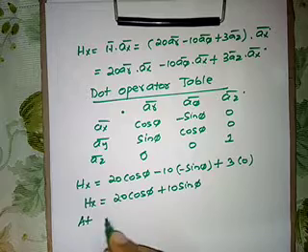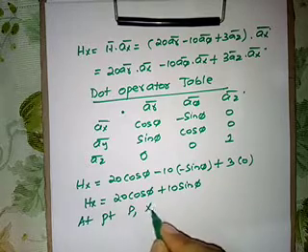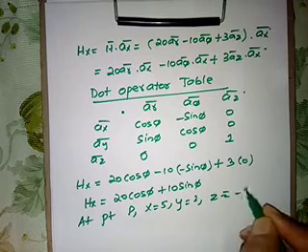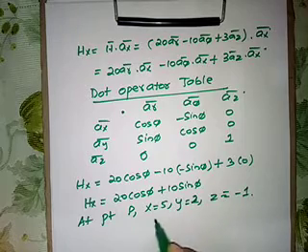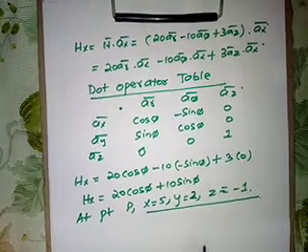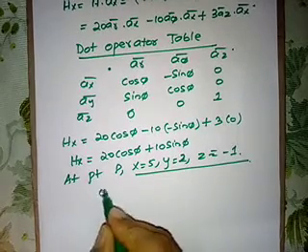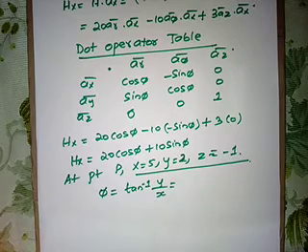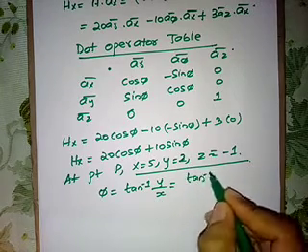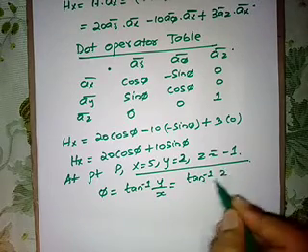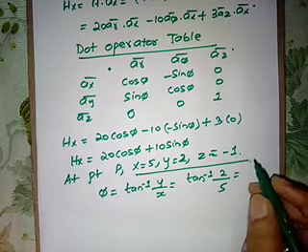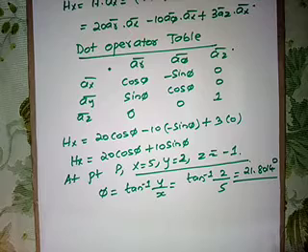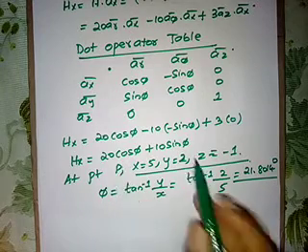So at point P, x equal to 5, y equal to 2 and z is equal to minus 1. We have the formula here for the angle, that is phi is given by tan inverse of y by x. That is tan inverse of, right, y is 2, x is 5. So tan inverse of 2 by 5 will be 21.8014 degrees. So let us evaluate cos phi and sin phi.